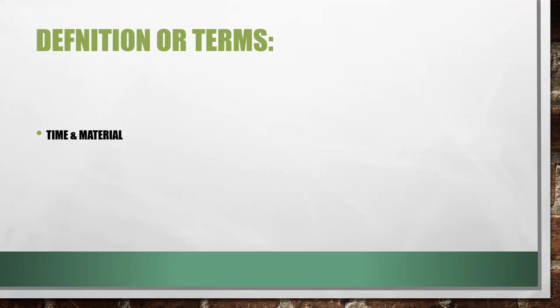So what are the different kinds of project evaluations we are able to make? One is time and material. This is like how much time is needed to finish a certain task. If it is taking 4 hours, or 18 hours, or 24 hours, or 48 hours, based on that particular work, it will be calculated.